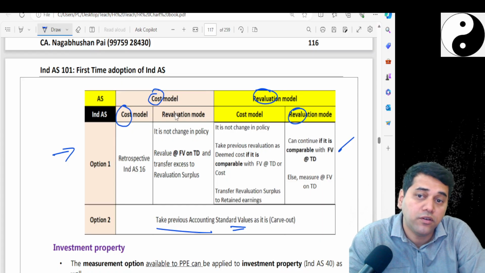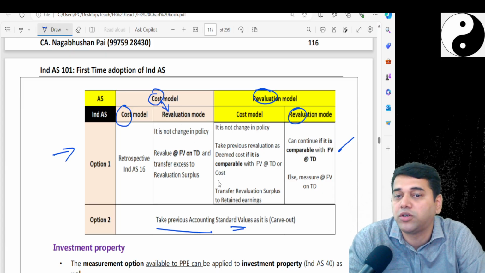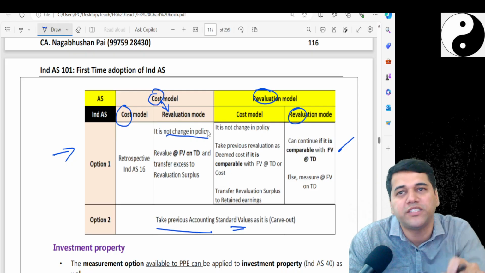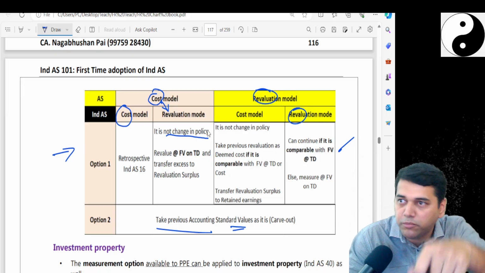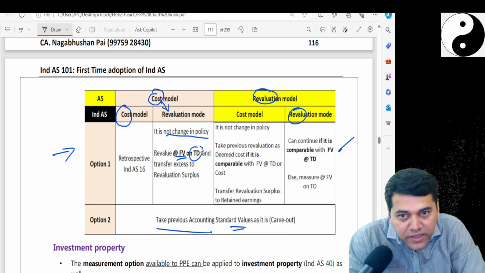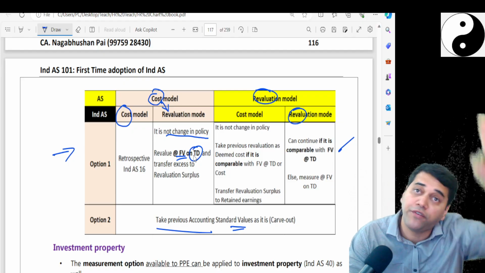Now what if from cost model you want to jump into the revaluation model? The standard says it is not a change in policy, because even though I call it a change in policy, you would have come to today's fair value. So revalue at fair value on the transition date. Okay, I'll give you one advantage. Don't find out the fair value then,